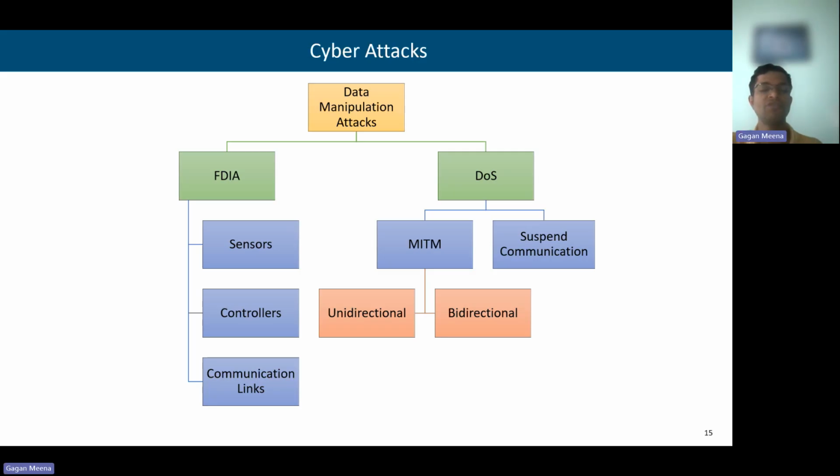In the false data injection attack, there are avenues where false data can be injected, for example, sensors, controllers, and in the communication link